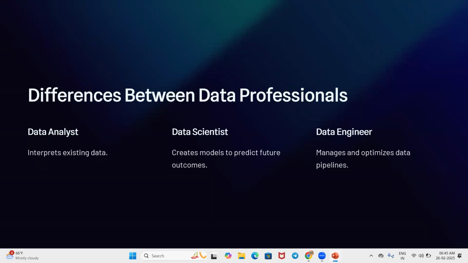Okay, this helps us to make decisions. That is the responsibility of the scientist. And the engineer, what does he do? He will be dumping all the data into a staging directory. Once the source data is received from the client, he'll add it to the cloud server. If the cloud server is AWS, to take an example, there is the S3 bucket, a storage where we can store all the file systems.